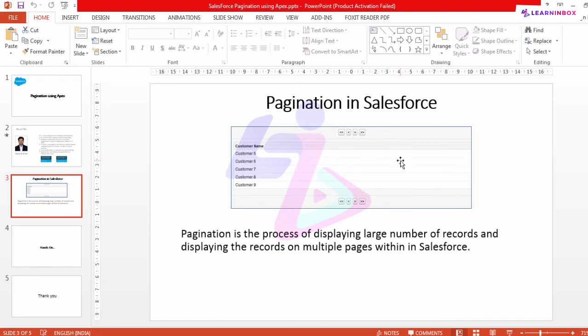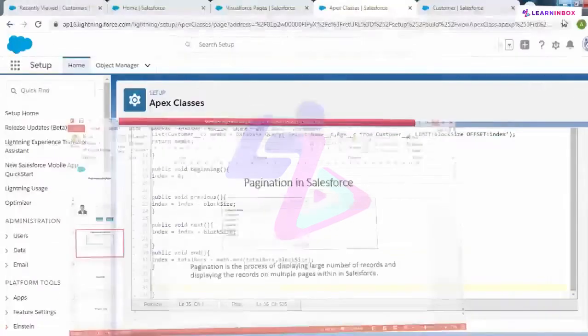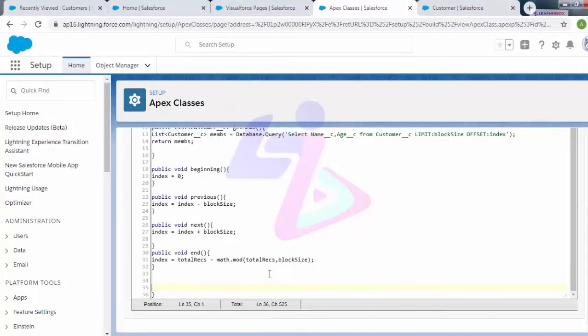If you are on the last page, definitely your end button would be of no use, so this should get disabled. So for disabling these buttons, I have to create two particular Boolean values, and for creating those, I have to create a method here.